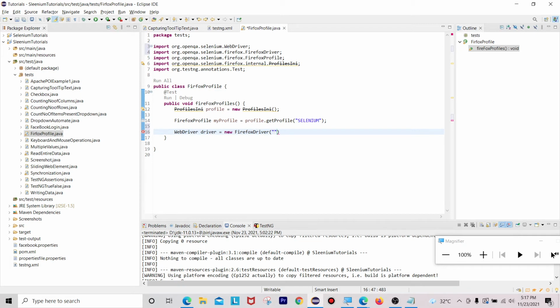Inside this one I can mention my profile name, that is my profile. Okay, now we'll see what error we are getting. Remove argument to match constructed Firefox driver, string is undefined. Okay, Firefox profile.